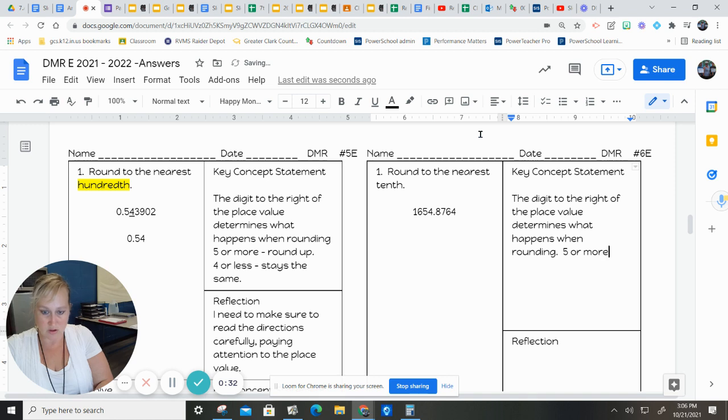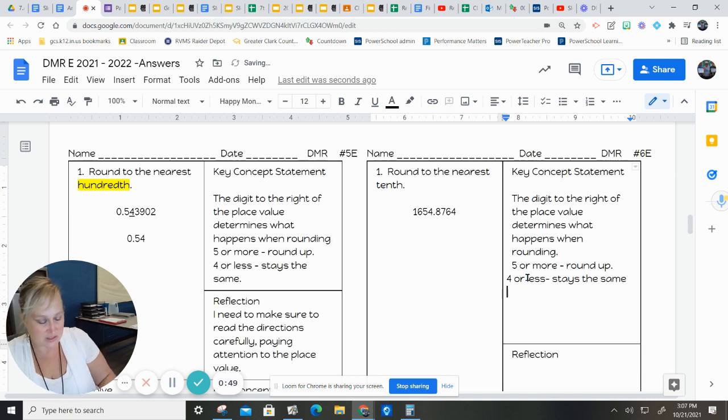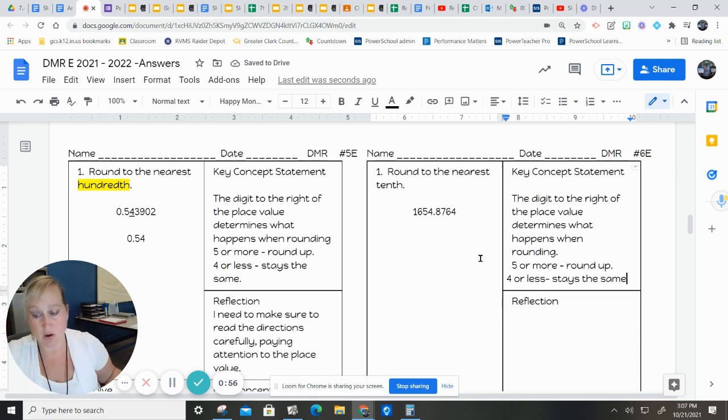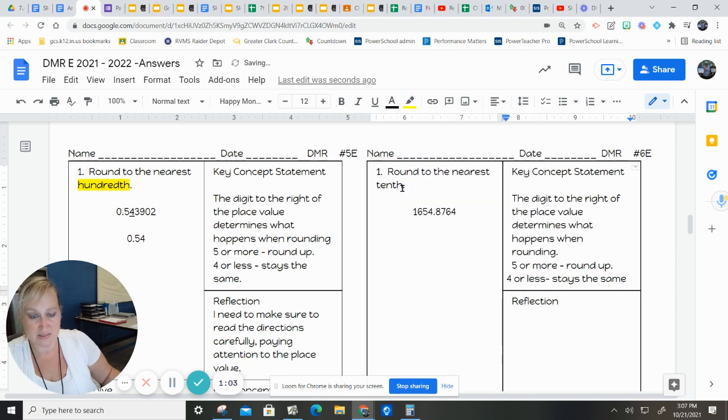5 or more, round up. 4 or less stays the same. Again, if you need to push pause so that you can make sure that you can get all of that written, please do so, but I'm going to continue on in this video. All right, so again, I'm going to continue to state that the important part that you need to remember is